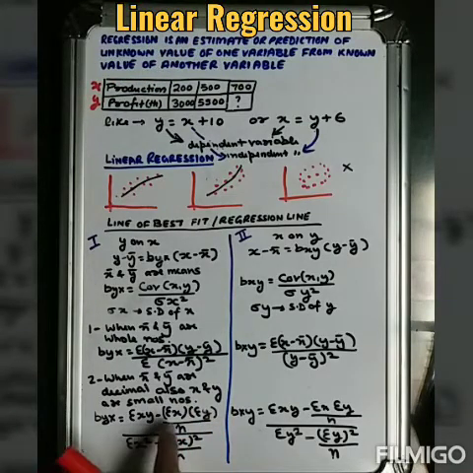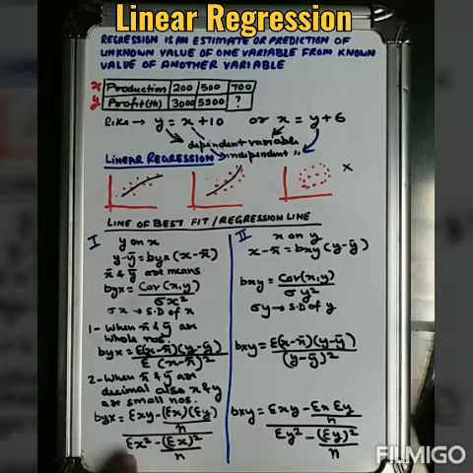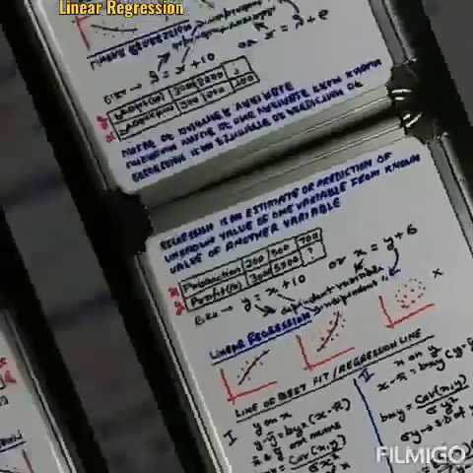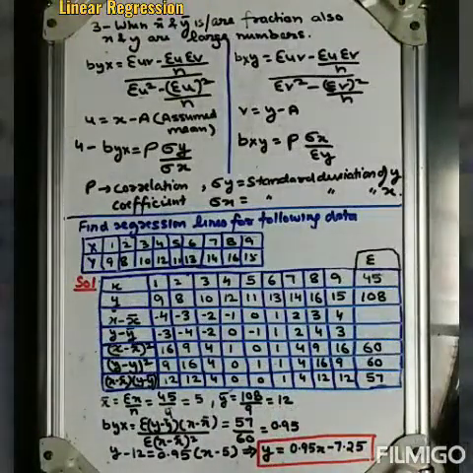Summation of xy minus summation of x, summation of y upon n, the sum of all the numbers, that is the frequency, upon summation of x square minus summation of x whole square upon n. Same way, whatever comes in the second position is there in the denominator. So first and second formula we have discussed.